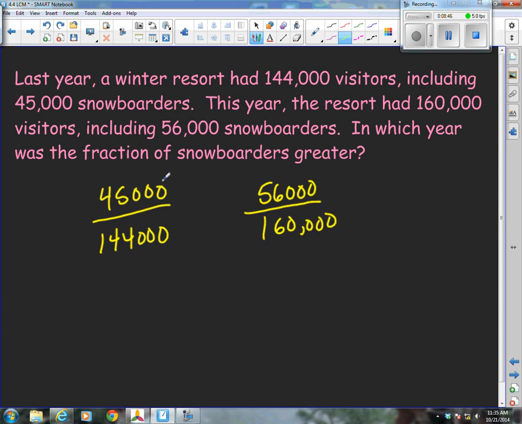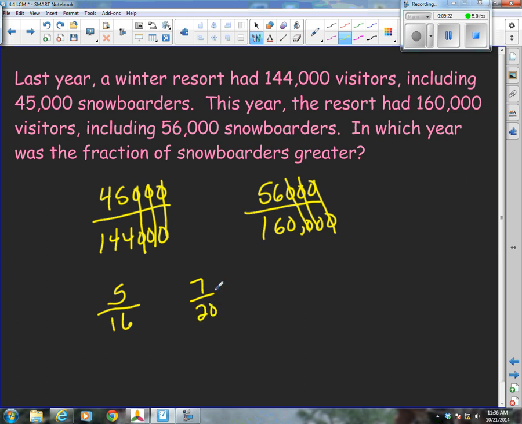Okay, so zeros go away here, makes it a lot easier. Now we're just going to reduce this. I know 45 over 144, you can reduce by 9, because 4 plus 5 is 9, and 1 plus 4 plus 4 is 9. 9 into 45 goes 5 times. 9 into 144, that's 16. Okay, over here, 56 and 160. Well, we know 8 goes into that, so 8 goes into 56 7 times, and then 8 goes into 160